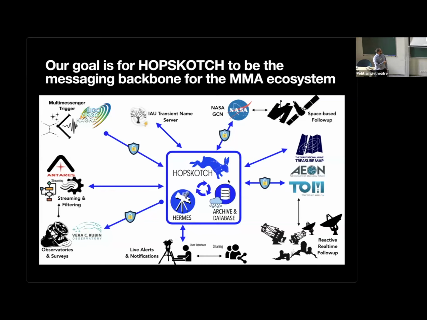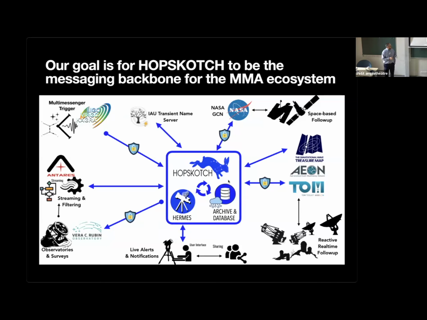So, up here, we have our multi-messenger triggers. This could be IceCube, this could be LIGO Virgo KAGRA, or a variety of other instruments. And so first they have to get their information to the community, so they send a message to Hopscotch. There are several other automated systems that are, say, the Antares brokers, which may then be connecting to other observatories and surveys like Rubin, which is getting ready to turn on. It might connect to, say, individual users who are using Astro-COLIBRI and want to do follow-up on that.